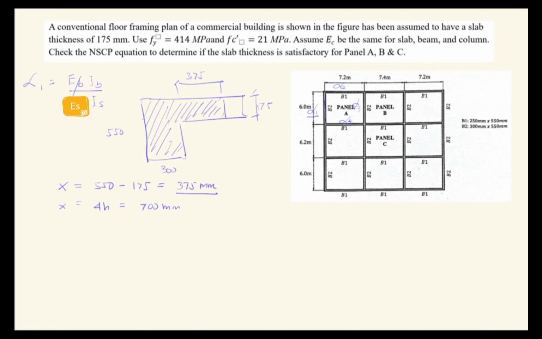Okay, and we can do that by this computation, that the area 300 by 550 plus 375 by 175, say our reference is here, and say this is y bar. So we have here y bar equal to